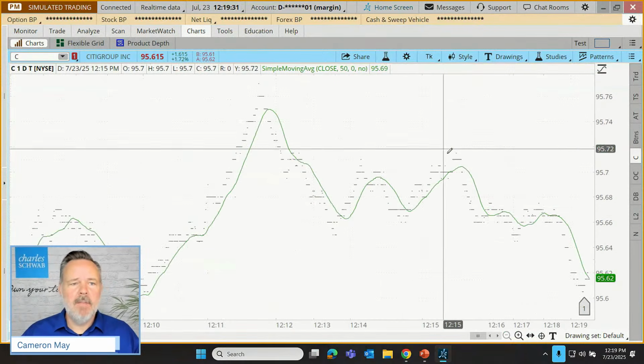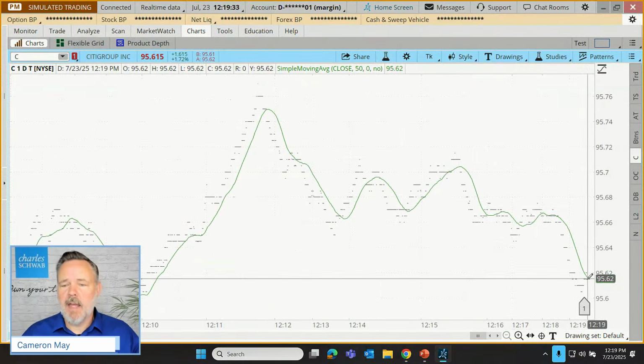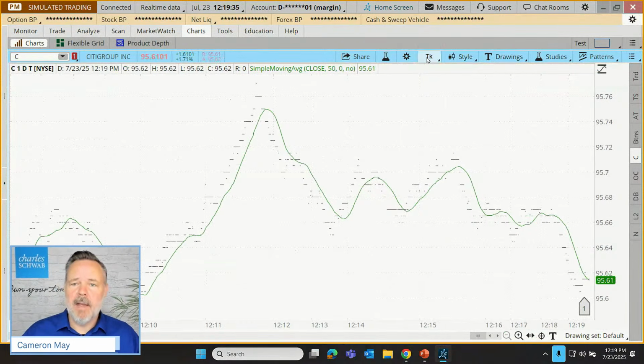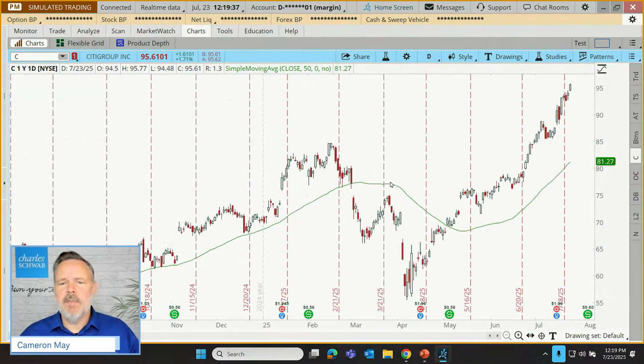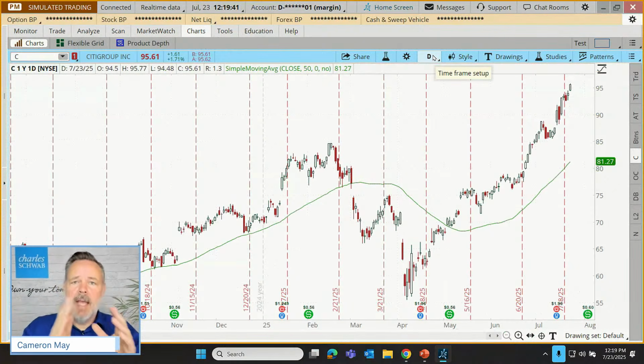I can now see every tick for Citigroup, and you'll see that chart move as price advances. So we could have chosen other combinations of chart time frame and candle construction. This one was literally one tick at a time. But explore that tool. Maybe create your own customized list.